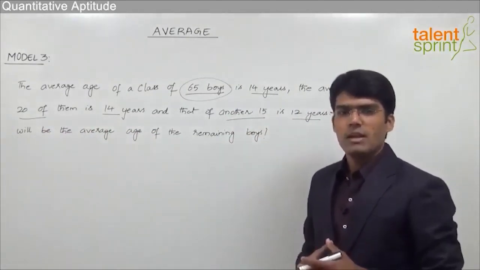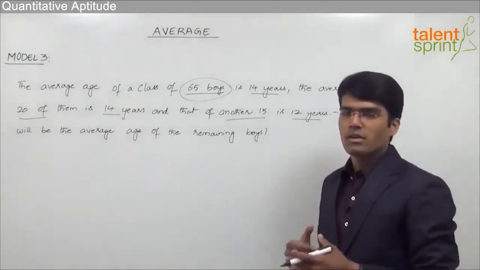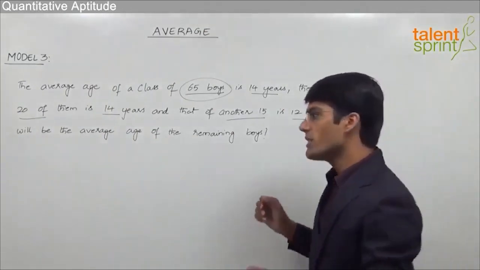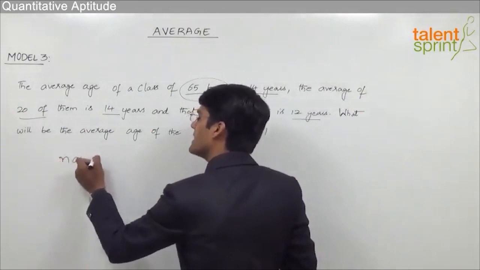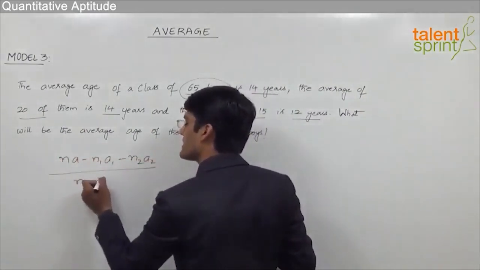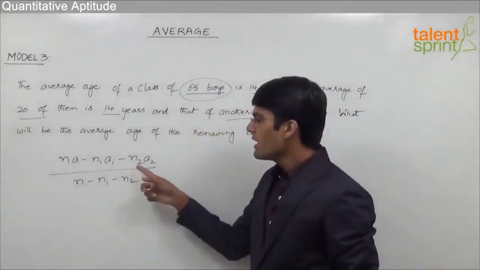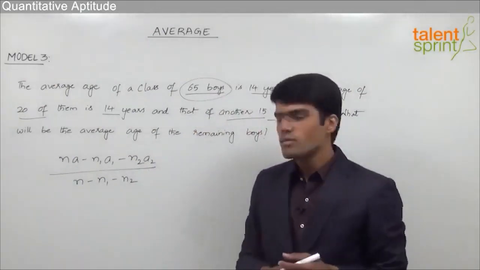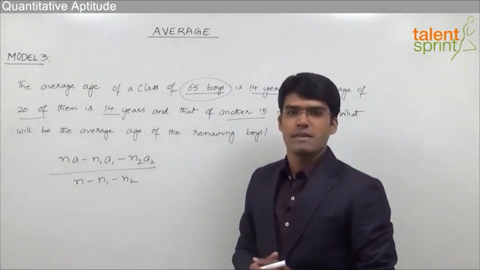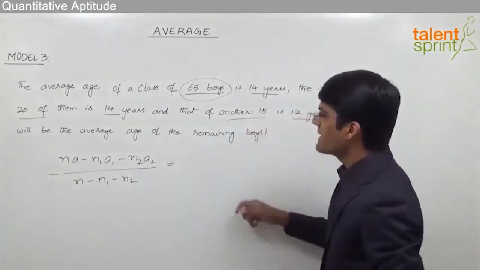We have just learned that when the average age of a whole class is given and the average of smaller groups of the class is given to us, then we can find out the average of the remaining students as NA minus N1A1 minus N2A2 divided by N minus N1 minus N2, where N is the total number of students, N1 and N2 are the number of students in the other groups, and A1 and A2 are the averages of these groups respectively. So by using this point, the answer for this question can be obtained as N into A,